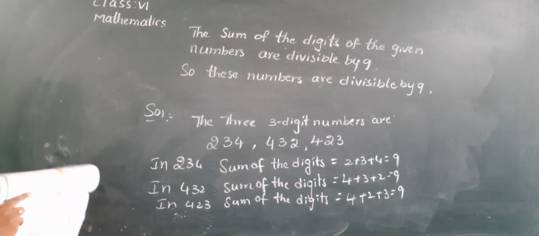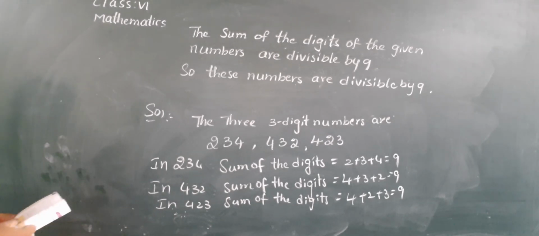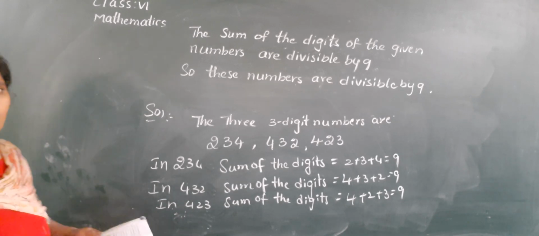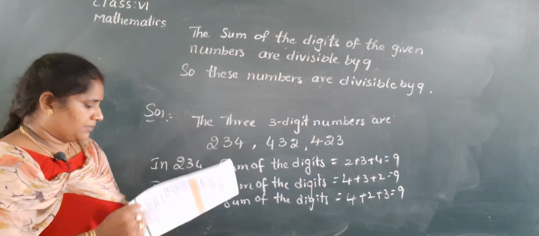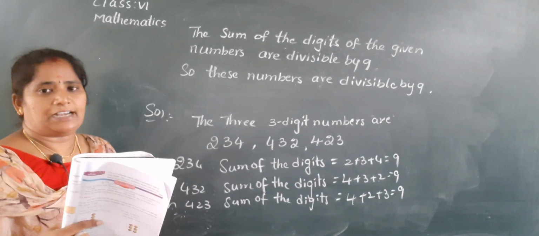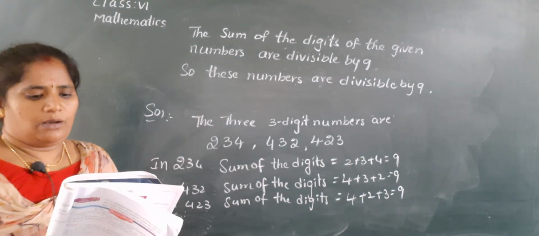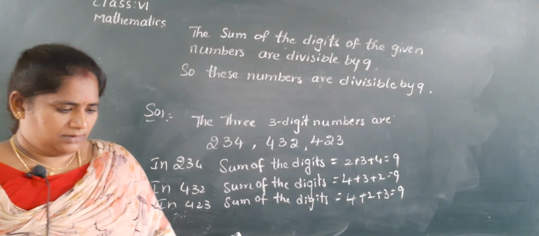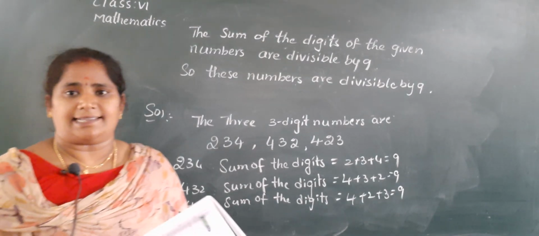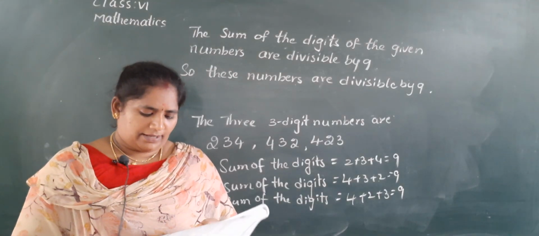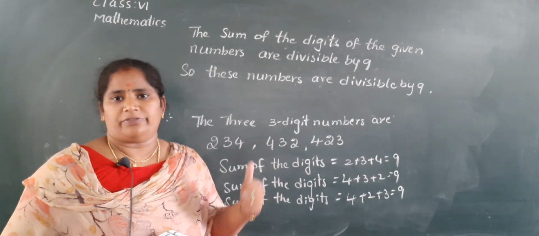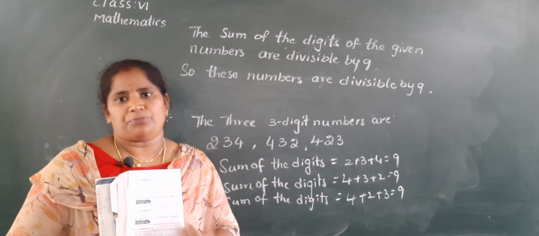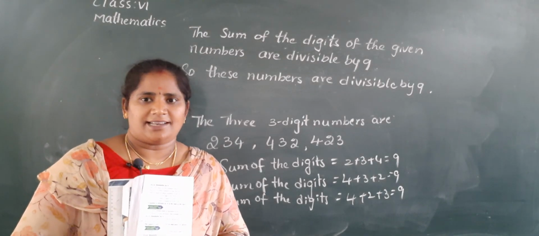Next, fourth question. So, see children, can I stop up to here? Okay, Nana, tomorrow we will continue the 4th, 5th, 6th questions. My dear children, I hope you understand today's class, exercise 3.1 up to 3 problems. So 1, 2, 3 problems we completed. So, write neatly in your classwork. Tomorrow we will continue that. Okay, ma? If you have any doubts, make a call to me. I will explain, Nana. Bye, children. Take care of yourself.